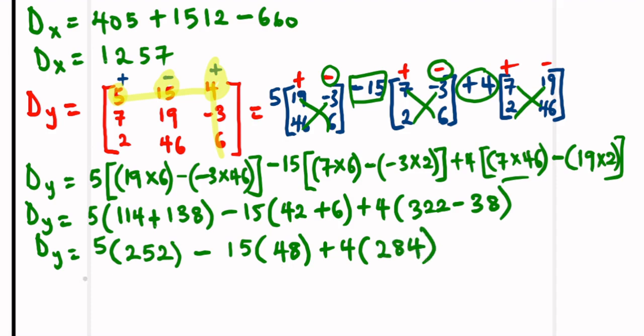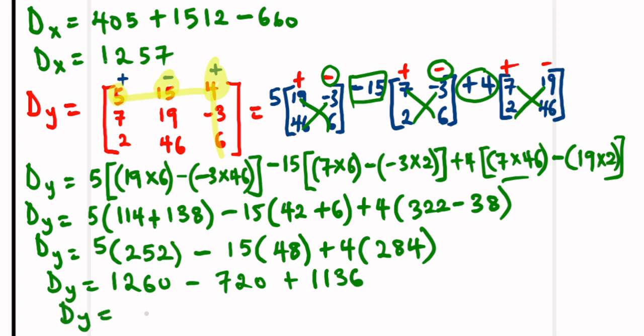284. Now, our determinant of the coefficient of y is 5 times 252 is 1,260, minus 15 times 48 is 720, plus 4 times 284 is 1,136. So when we do the addition and subtraction, that's 1,260 minus 720 plus 1,136 will give us the value 1,676. Now that we've gotten the determinant of the coefficient of y, let's get the determinant of the coefficient of